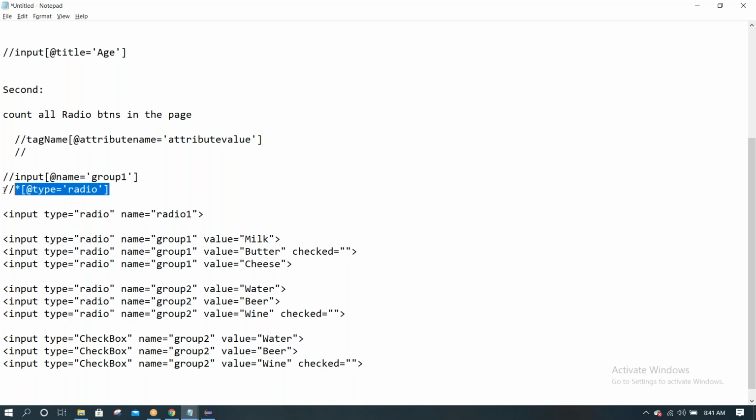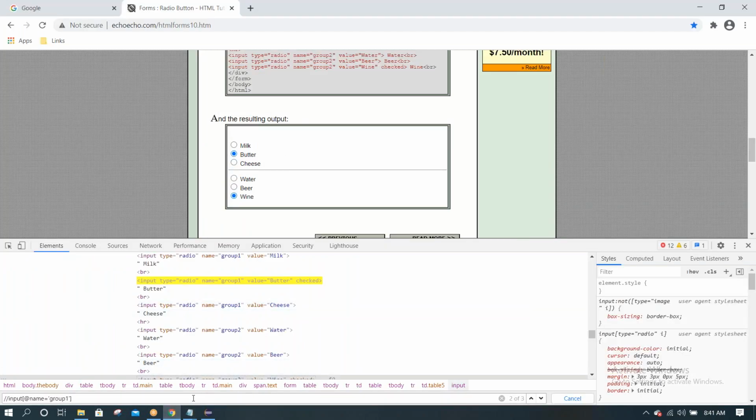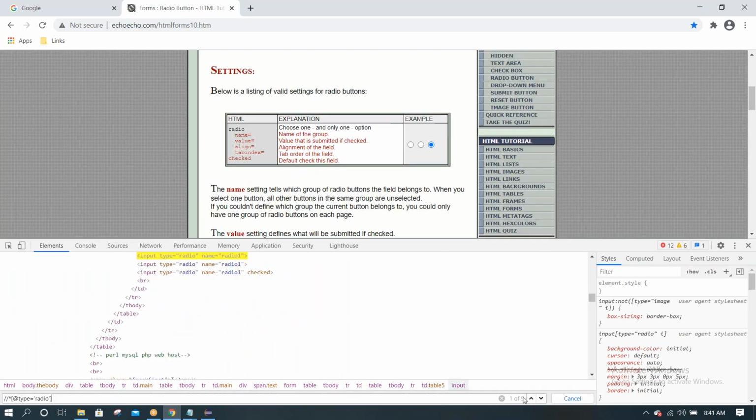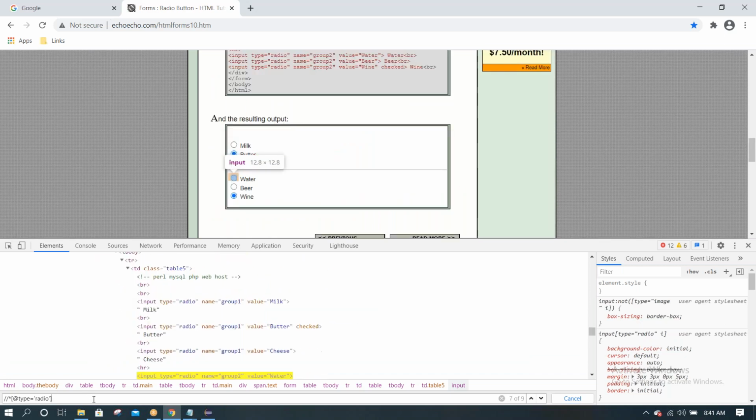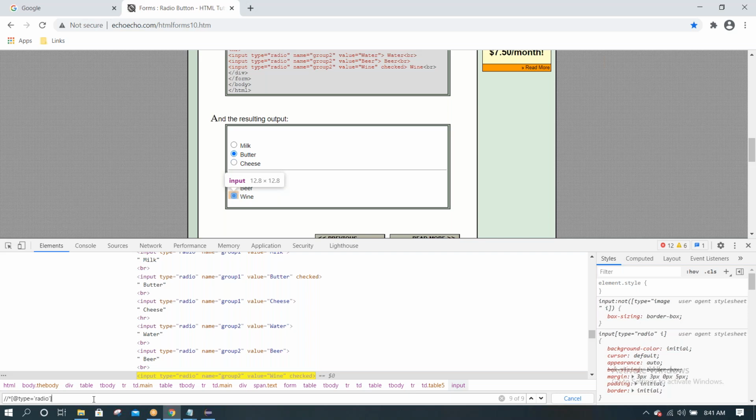Now we'll see this. It needs to give the count as, right, 9 radio buttons. Correct. 9 of 9 radio buttons. We can use the up and down arrow buttons also.